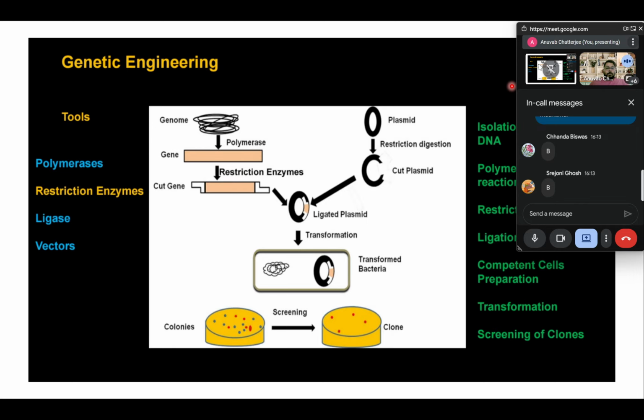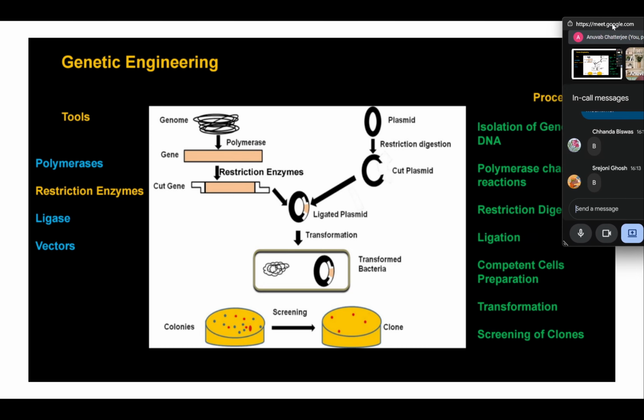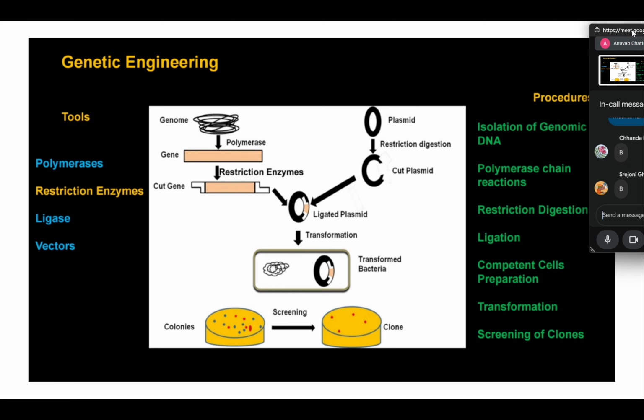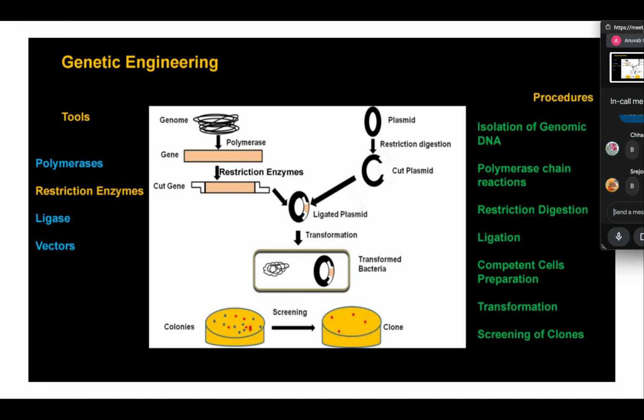So how do we exactly clone? We have done this a lot of times now. We've gone through similar slides a lot of times in which we are doing genetic engineering. You use different tools such as polymerases, restriction enzymes, ligases, and the vectors that we deal with. You take your particular gene, you get it from the genomic library or the cDNA library or any other library that you have. You isolate the gene, you add